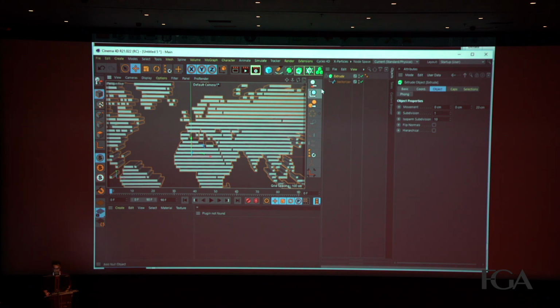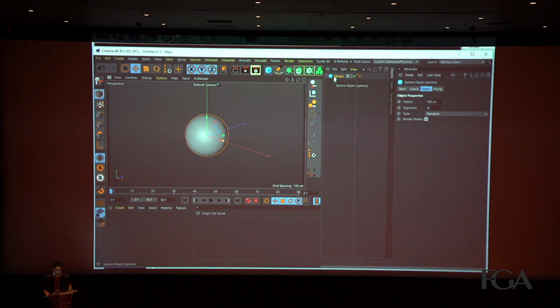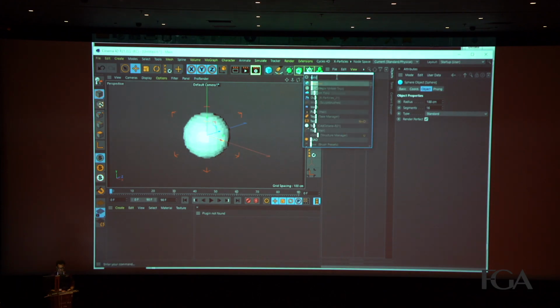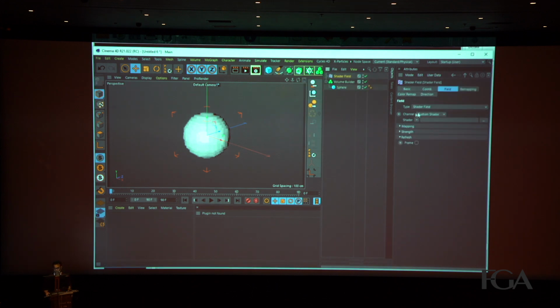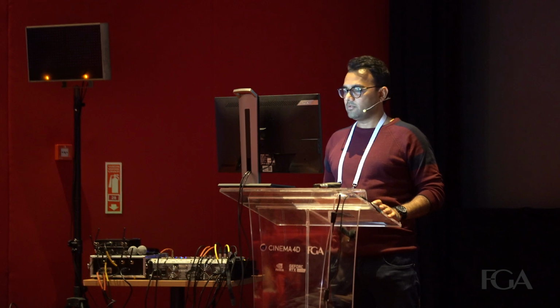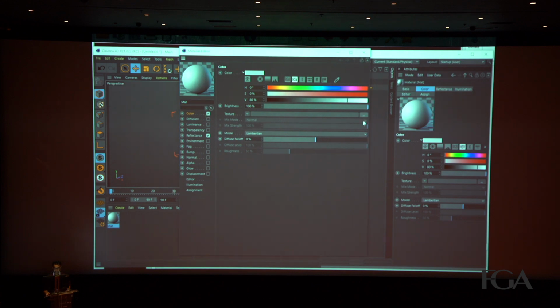By the way, there's one more very quick thing I would like to show, which you can really do inside the new release, which is the volume builder. If you just drag and drop a shader field, fields are very amazing in release 21. I loved it. You just have to drag and drop inside the volume builder, and from the shader field you can check out the size and the below object.